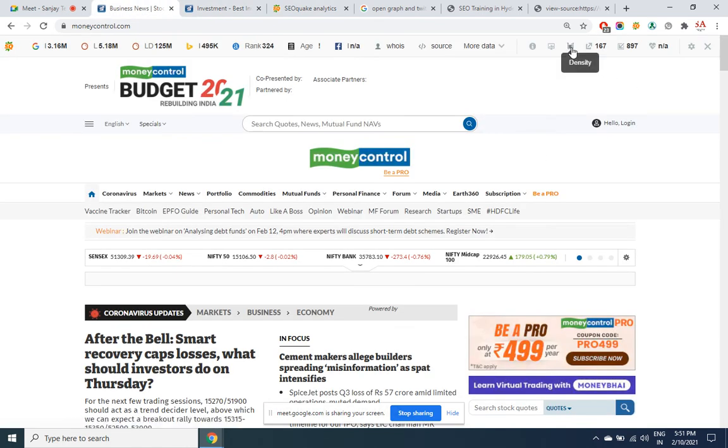Then you have this one. This is also very important. Density. Remember in the keyword density class, I told you, you got to have minimum 1 to 3% keyword density for your web page. But how do we know? Do we have to now and then keep counting the keywords and the number of words which are being repeated? No. You can make use of toolbars like this, which will tell you in a tabular format, each word, how many times it is being repeated.